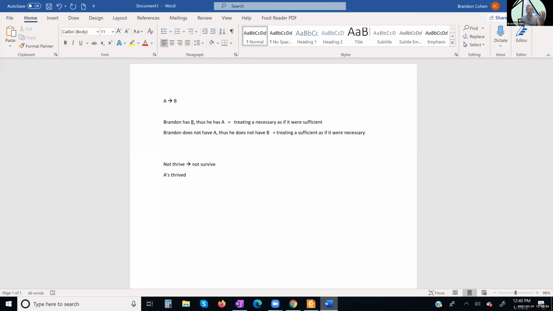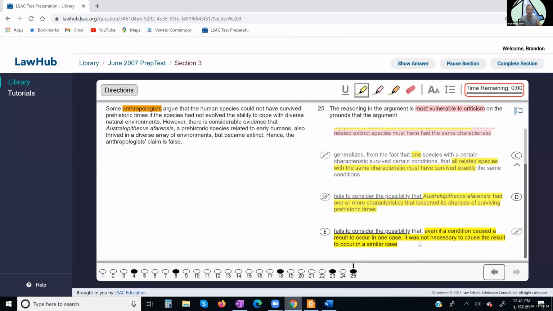Remember, sufficient is the if, the necessary is the then, and we have to be able to recognize the difference. I'll tell you, they rarely test on that difference, but they did here. This is saying that the condition was in fact sufficient, but it was not necessary, when their argument needs to recognize that even if something's not sufficient, it could be necessary. So that's flipped. Very tricky trap answer.